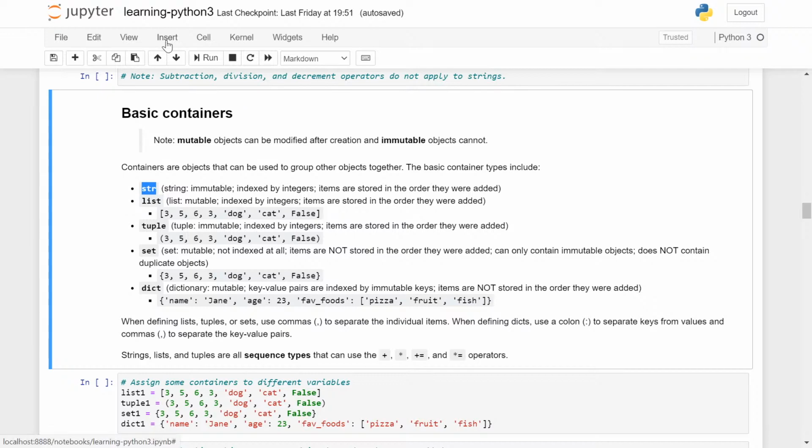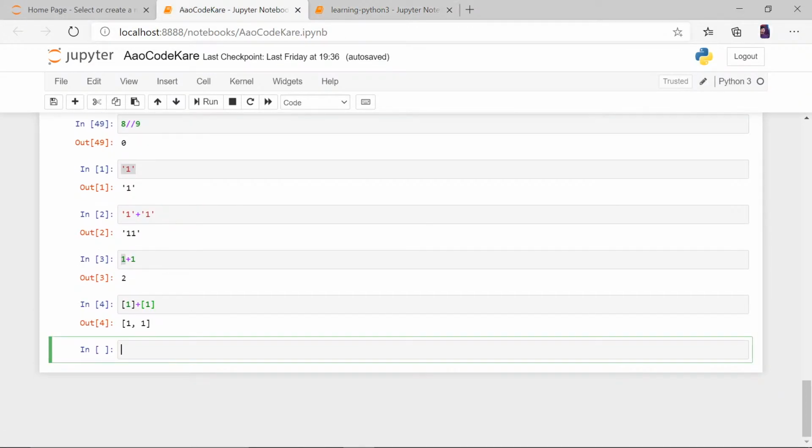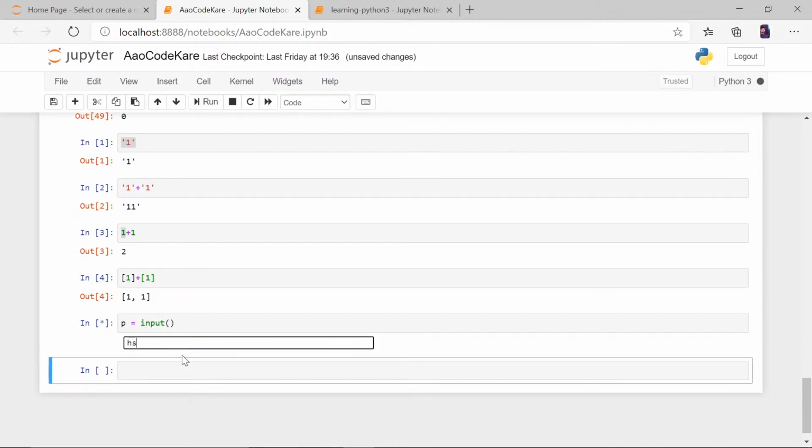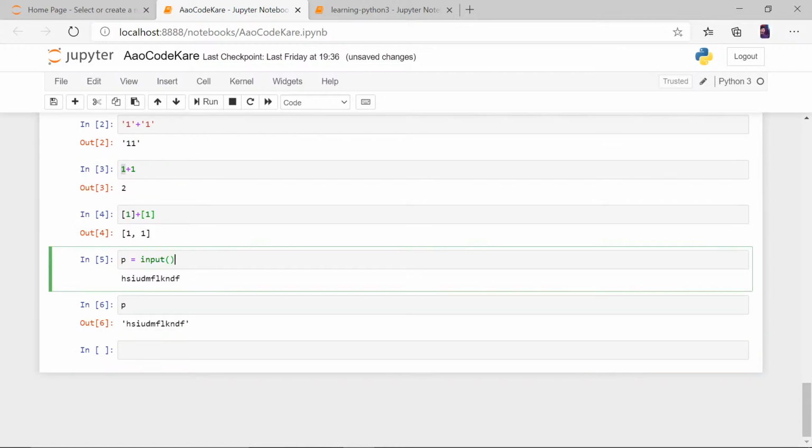So let's get back to our file, our code, guys. Whatever I took as input, if I want to put this input in X, let's put it in P instead, since X is already used in the upper code. Whatever I write here is a string. Even if I write a number here, see what I said: these colons denote a string, right?